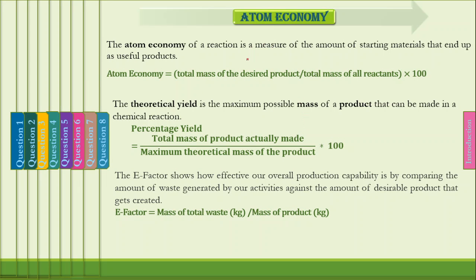Let us quickly revise what was atom economy. Atom economy basically is a measure of how much your reactant is converting into desired product, because that is what is required to be made. So there should not be byproduct, those byproducts should be very less, right? That is what atom economy measures. So what does it do? You have to find out the total mass of the desired product, divide by the total mass of all reactants. So these are your reactants, find out the molecular mass and find out the molecular mass of this and use this formula.